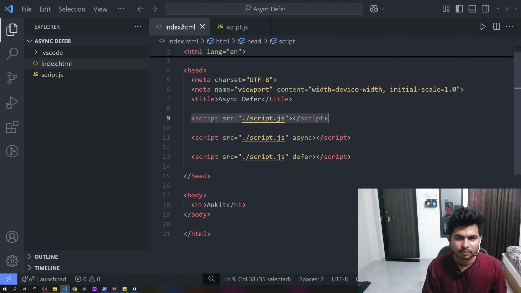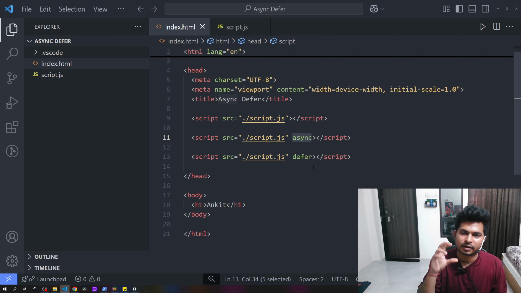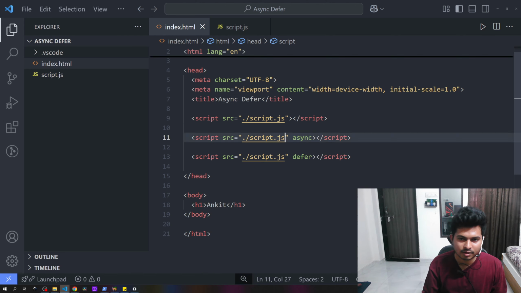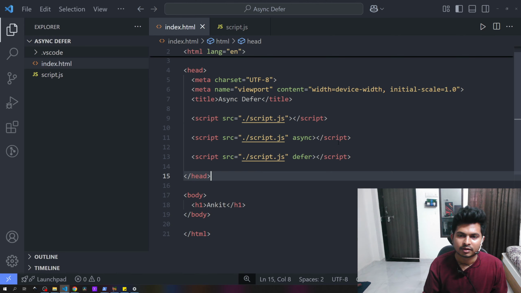So it will pause HTML parsing below here, but if we use the async attribute here, it will not pause the HTML parsing for fetching. The script will be fetched in parallel with the HTML parsing.